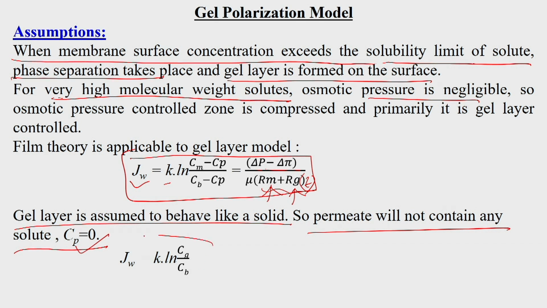So, then we have Jw is equal to K into ln of Cg by Cb. Now, we will be solving this for the gel polarization model, and we will be deriving this equation for the permeate flux value. Okay. Suppose we have this membrane again,